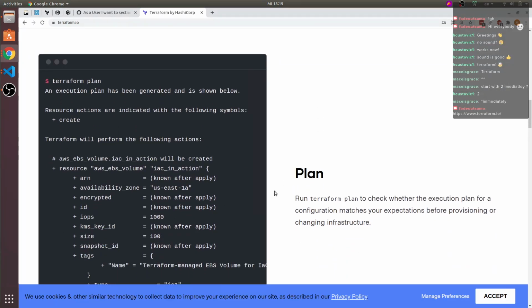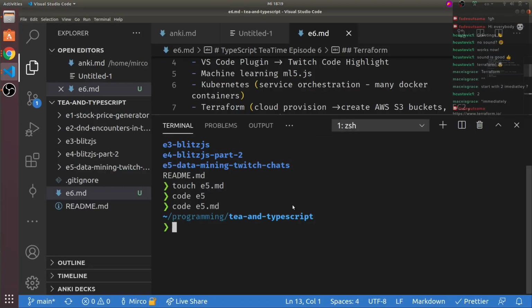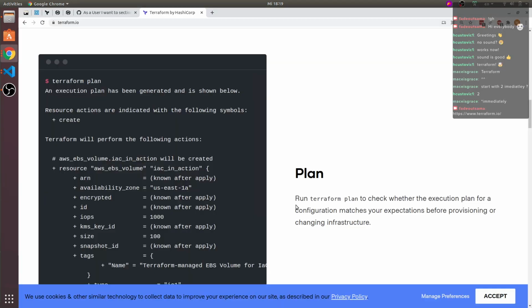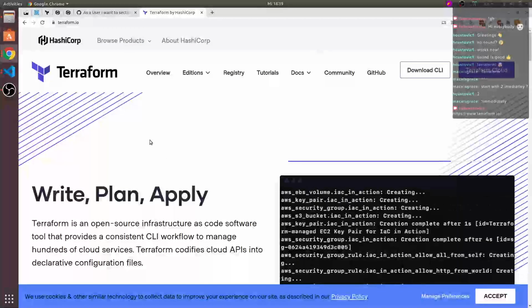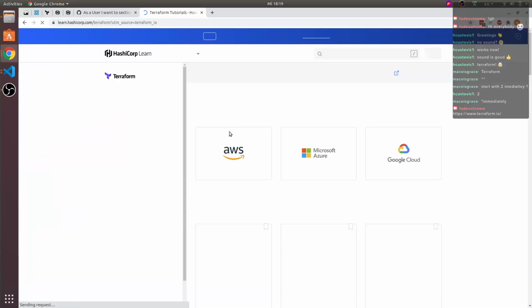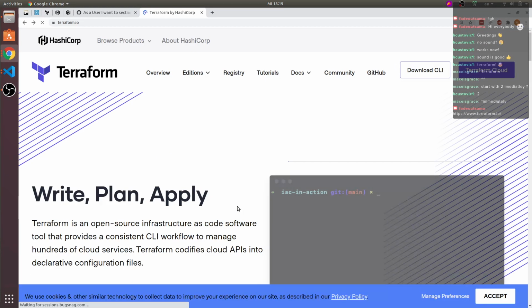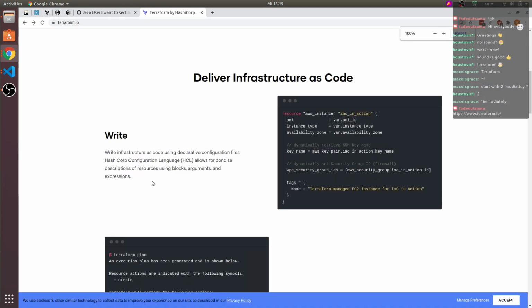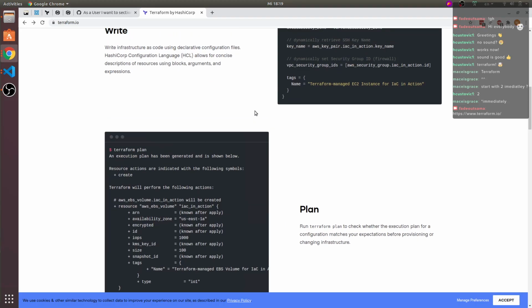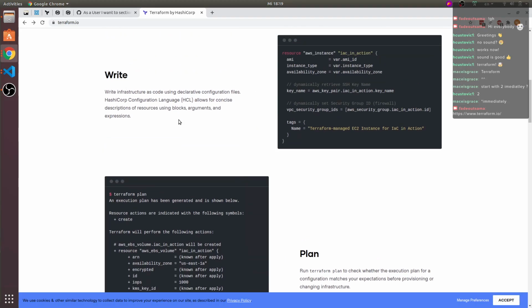So I do have Terraform already installed. If you don't have it, let's go into the tutorial section. Oh, give me just 1 second to finish anything down here. Yeah, so the basic workflow is that you usually write these configuration files in this domain-specific language, HCL, HashiCorp Configuration Language.